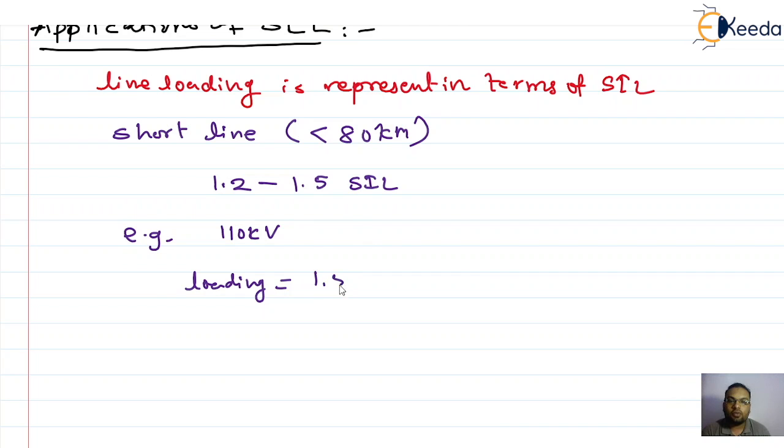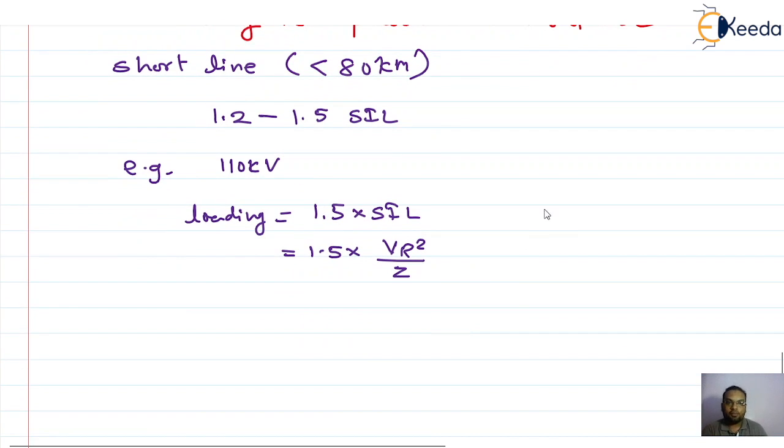Let's say we are going with 1.5 times SIL. SIL, as we just discussed, is nothing but VR square divided by Z. Again, we know that for an overhead line we have the impedance as 400 ohm, and if it is a ground wire or ground line, then we have it as 40